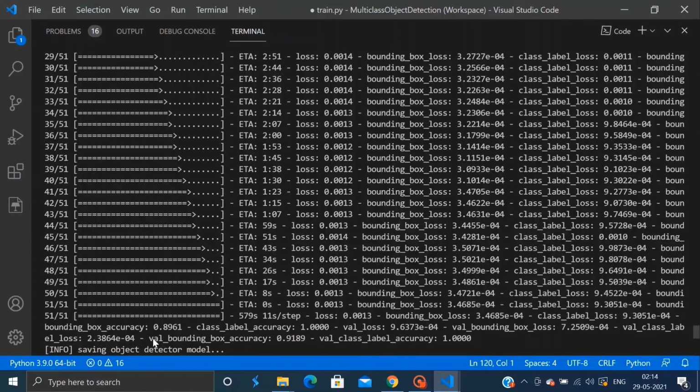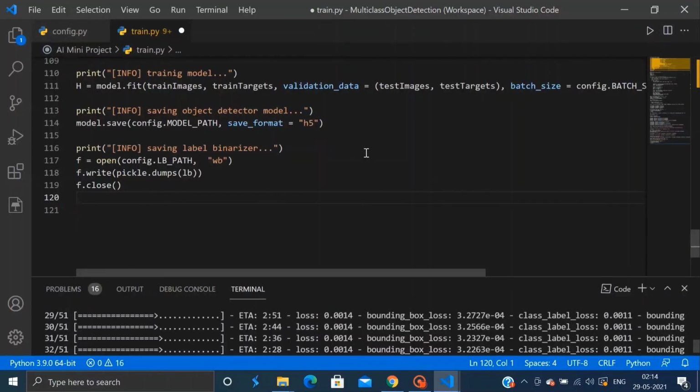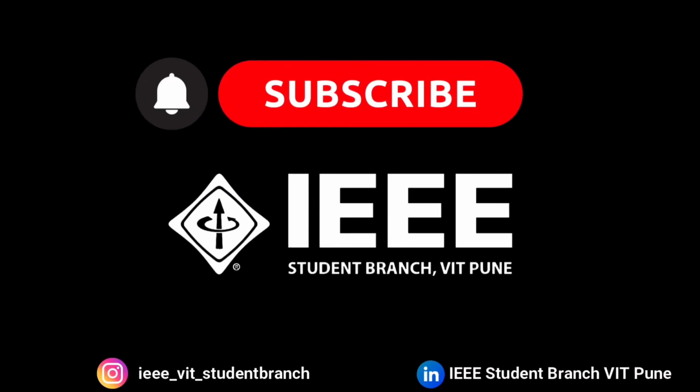Then it will display our bounding box accuracy, the final accuracy, which is 91.89, and the class label accuracy, that is almost 100%. With this we can say that our model is now pre-processed, prepared, and also trained for multi-class object detection. We are now left with only one final step before we start making predictions on external test images. Let us see that in the next part.